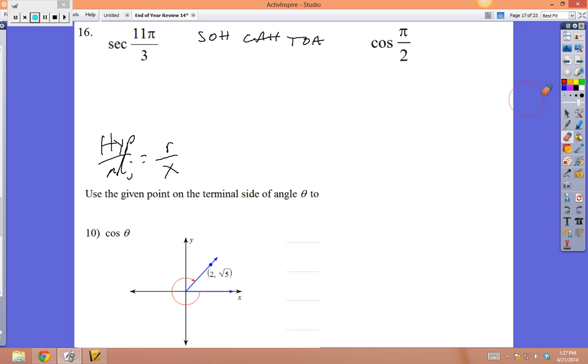Now, radians, this is where we just left off. If you have 11 pi thirds radians, let's figure out how many degrees that is. So 11 pi over 3, I'm going to multiply that. Because pi is on top, I'm going to put pi on bottom. I'm going to divide those out. So that means 180 degrees has to be on top. So if the pi's divide out,